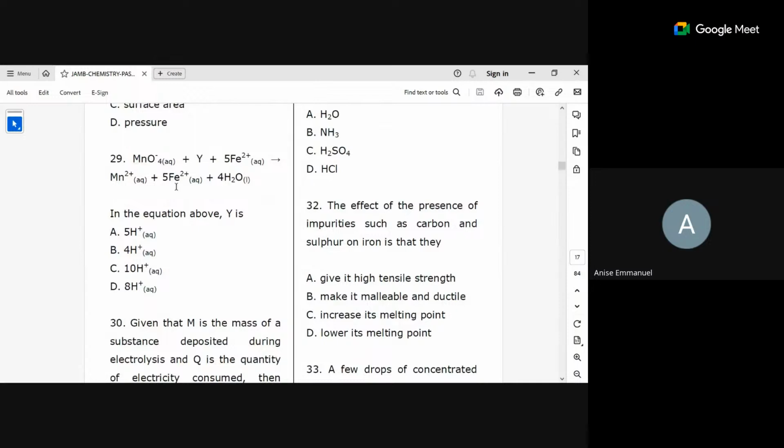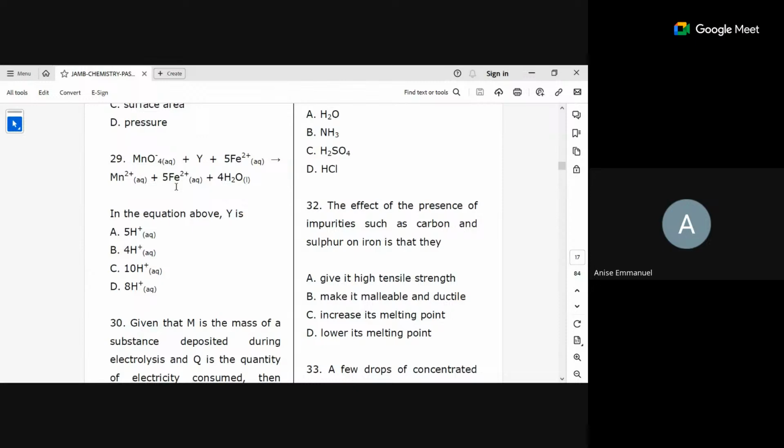Now, in chemistry, we have two ways of balancing equations. We have the normal balancing, where the total number of moles of reactants must equal the total number of moles of the product, and so on. That is what we normally teach in SS1. But when you get to SS2 second or third term, or SS3, we do balancing of redox. After doing redox reactions, oxidation and reduction, they talk about how we calculate oxidation number. We have done that before here also. And then we go to how to balance redox equations, ionic equations.